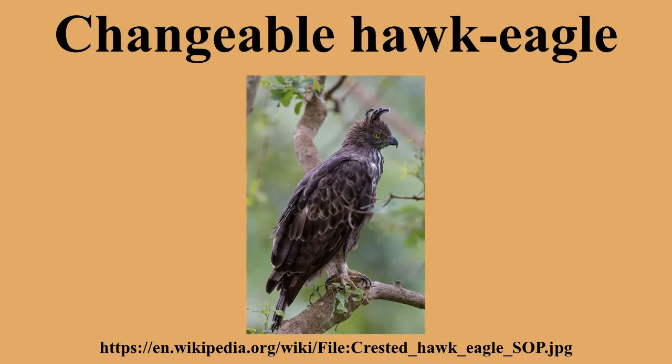Ecology: changeable hawk eagles eat mammals, birds, and reptiles. They keep a sharp lookout, perched bolt upright on a bough amongst the canopy foliage of some high tree standing near a forest clearing. They wait for jungle fowl, pheasants, hares, and other small animals coming out into the open. The bird then swoops down forcefully, strikes, and bears the prey away in its talons.